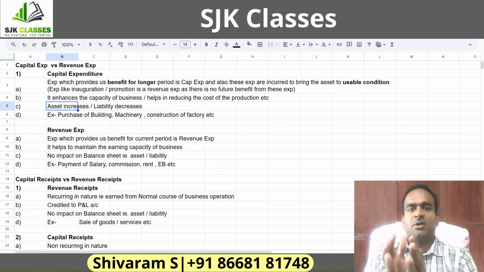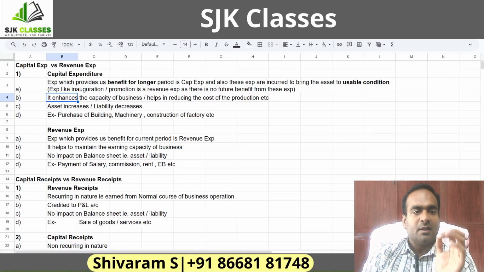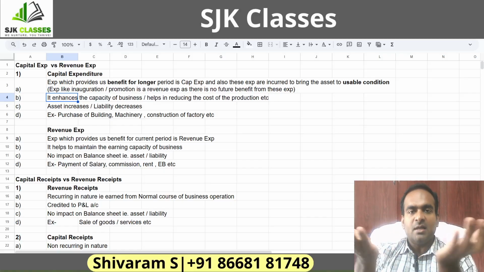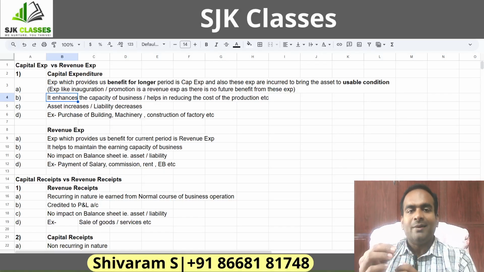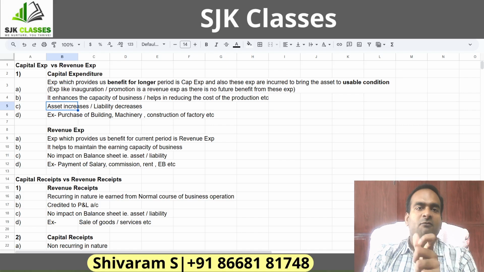The cost of production might come down when you go for some automation. So these machines will help us to increase my production at a large scale. So that's what I'm trying to convey here. It enhances the capacity of the business. So the capital expenditure will enhance the capacity of the business, or it will help us to reduce the cost of production, etc. Then the capital expenditure, what will be the impact in financials is it will either increase the